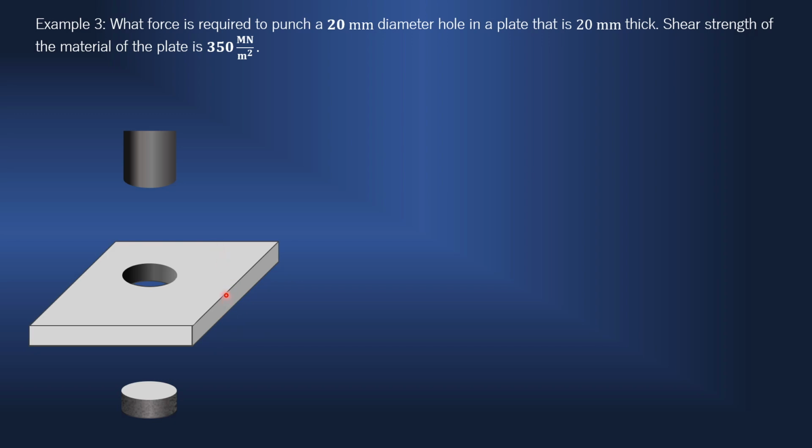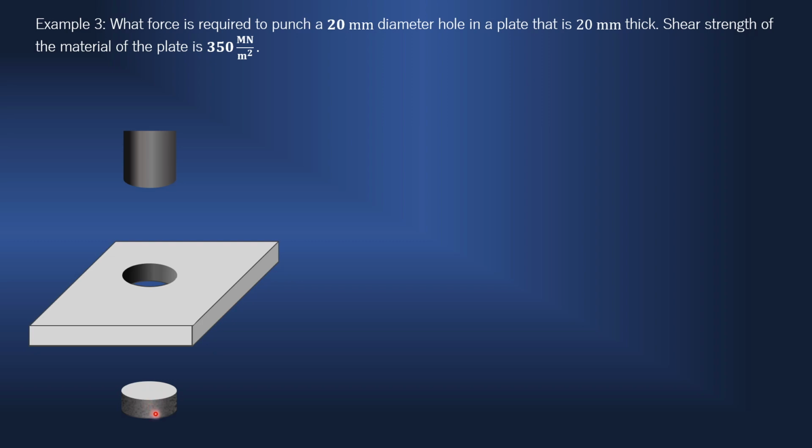Okay, but now what I want to tell you here is, try to understand. Here we don't want safe stress. We are actually interested in making two parts of this plate. And I have made those two parts. Watch here. This cylindrical portion is now separated from the plate. Now failure has taken place on this cylindrical surface. Watch here. This cylindrical surface. That is the surface at which failure has taken place.